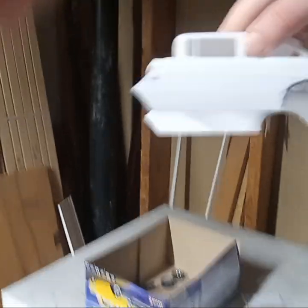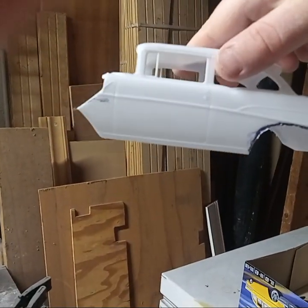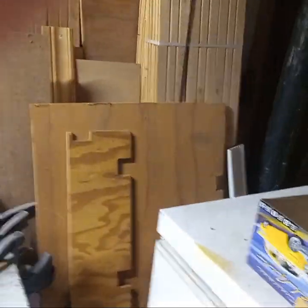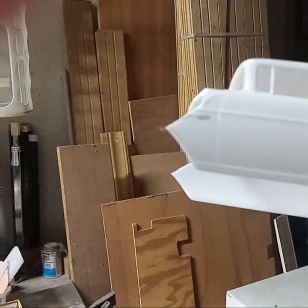The body has got the radius in it now. So yeah, I just had to do some lightning holes right on the fish mount right there. I don't want to do it, but it's part of